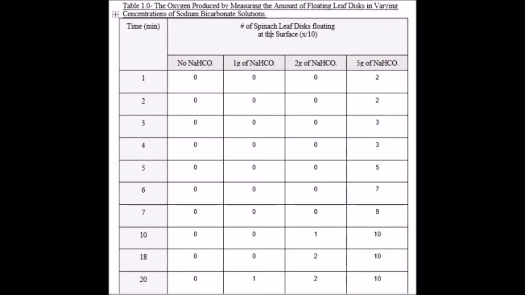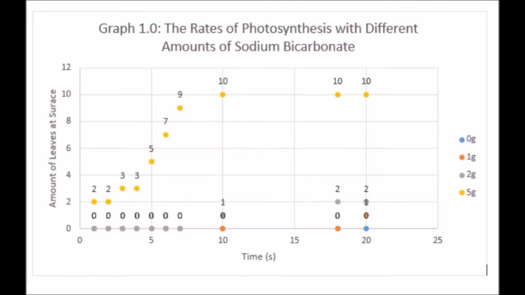According to the results, the hypothesis was proven correct because as the amount of sodium bicarbonate increased, the faster the rate of photosynthesis became. This is because the amount of leaf discs floating is dependent on the amount of sodium bicarbonate being added. Sodium bicarbonate dissociates to carbon dioxide in an aqueous solution, and carbon dioxide reacts with water to produce oxygen and glucose. Oxygen is one of the products of photosynthesis, so if there is more product, the rate